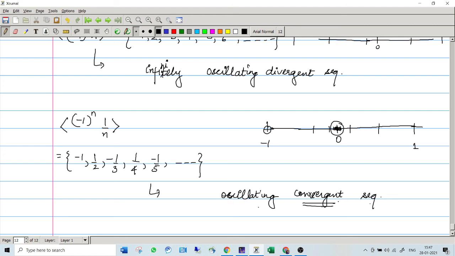So that's how you have different names for different types of sequences. ठीक है. So with these particular definitions or terminologies, we are concluding the topic for the day. And in case you have any doubts, you can discuss